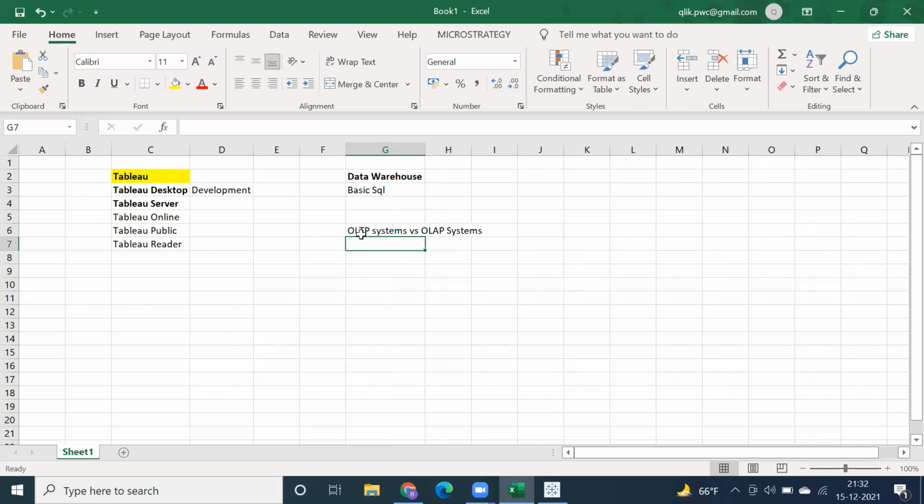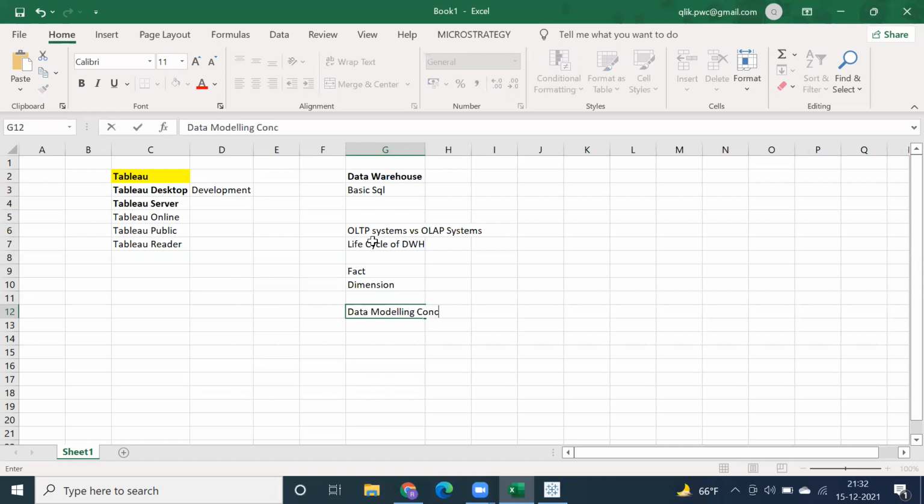We have OLTP systems versus OLAP systems. We'll compare those differences. Importantly, we'll discuss the life cycle of data warehouse, DWH. And we have a concept called fact and dimension, and we have fact tables and dimension tables. And importantly, data model concepts: star schema